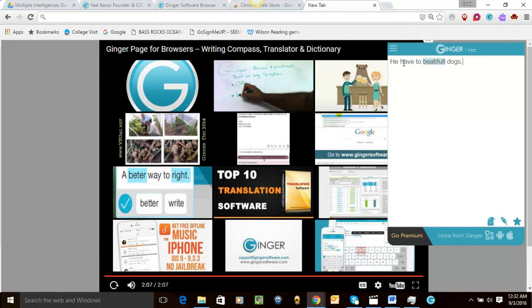Okay, see, it's already identified some errors in here. So what I can do is look at it and I can approve all of these changes just by clicking on them. There it is. So there's an example of how it would work with a sentence with an error in it. All right, now Ginger